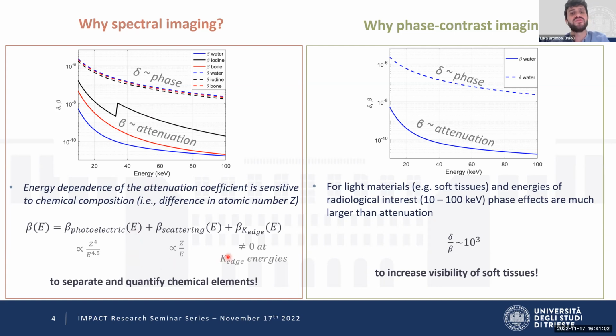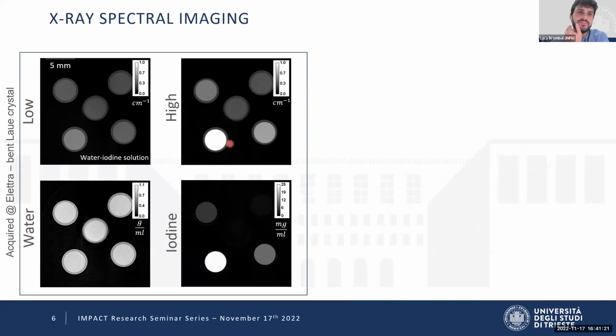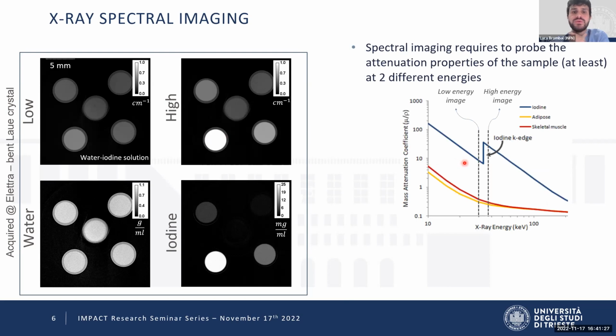So basically, you have chemical information through spectral imaging. So that's why we might want to use both techniques. So we're going to start now with spectral imaging a little bit, with a couple of principles, and then to implementations and applications. So spectral imaging, acquire spectral images basically means acquiring at least two images at different X-ray energies